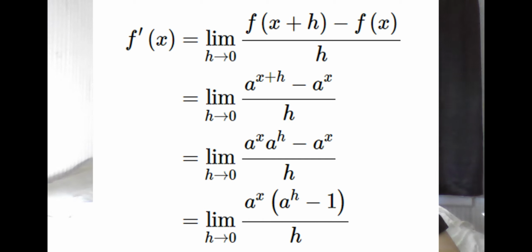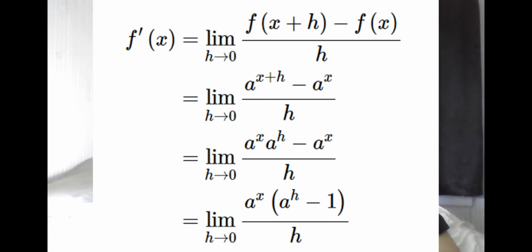Hello everyone. For this tutorial video, I'd like to explain how to figure out the derivative of exponential and logarithmic functions, starting with the literal definition of the derivative per usual. If we take function of x plus h minus function of x all over h as h approaches 0, and replace the functions with the appropriate a of x, so we have a to the power of x plus h, minus a to the power of x all over h, as h approaches 0, we can use a property of